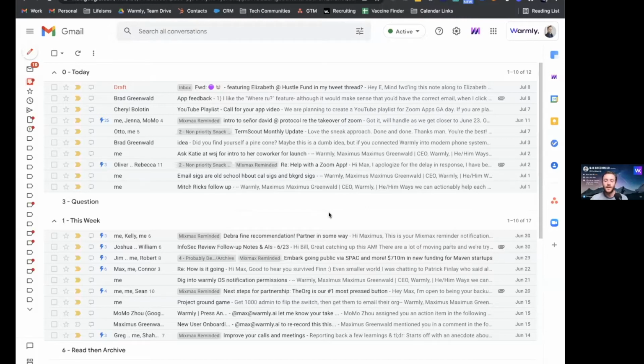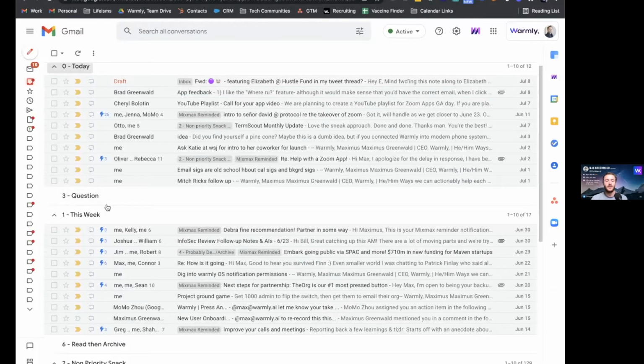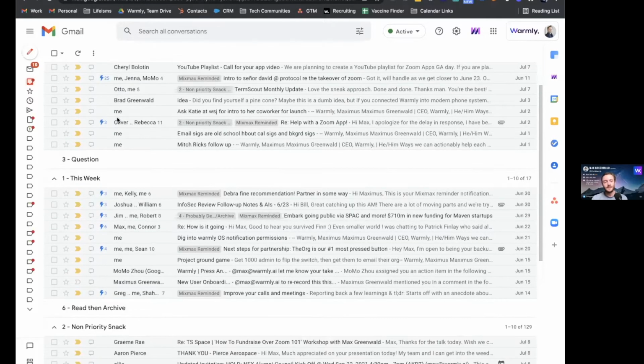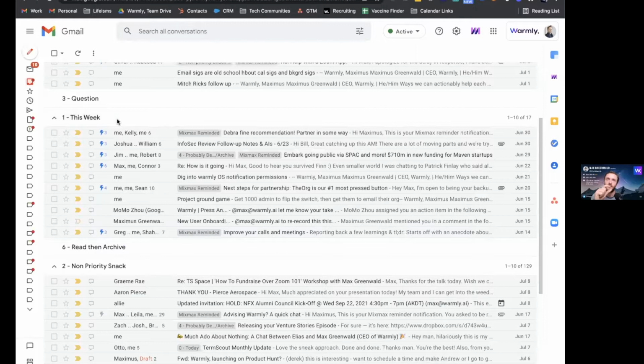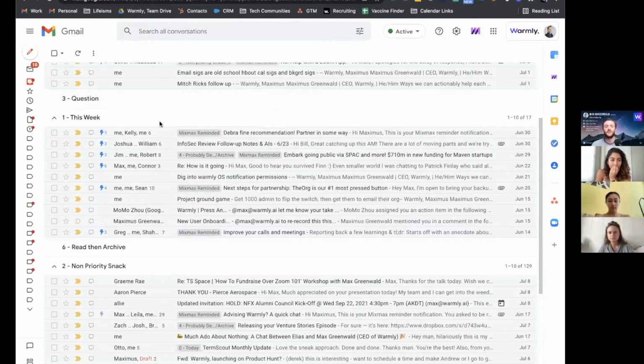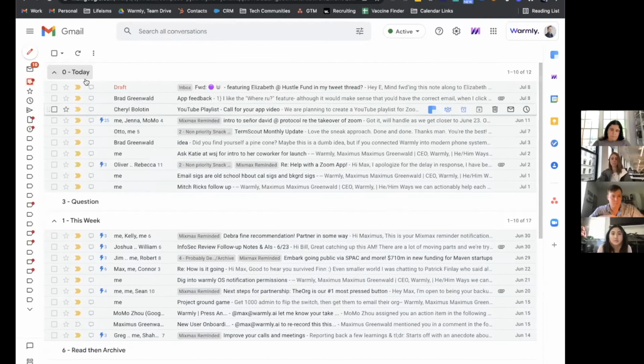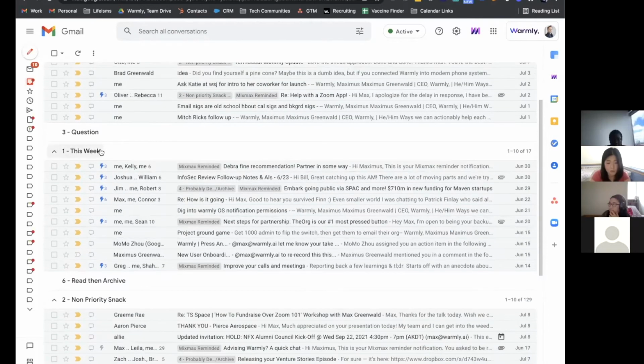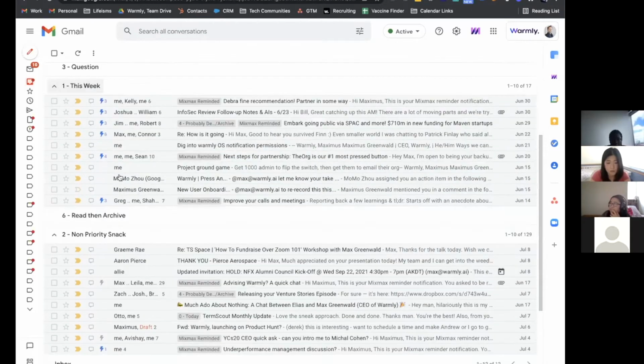So basically what I do is I move my emails into folders. My folders are today, meaning I should reply to this email today. This week is the main one for you. I'll skip over a couple of the folders because I actually have one of my interns living inside of my email inbox. The question folder is if they have a question, they put it in the question folder, but probably not for most people. But basically the main folders are today, this week, read, and then get rid of.